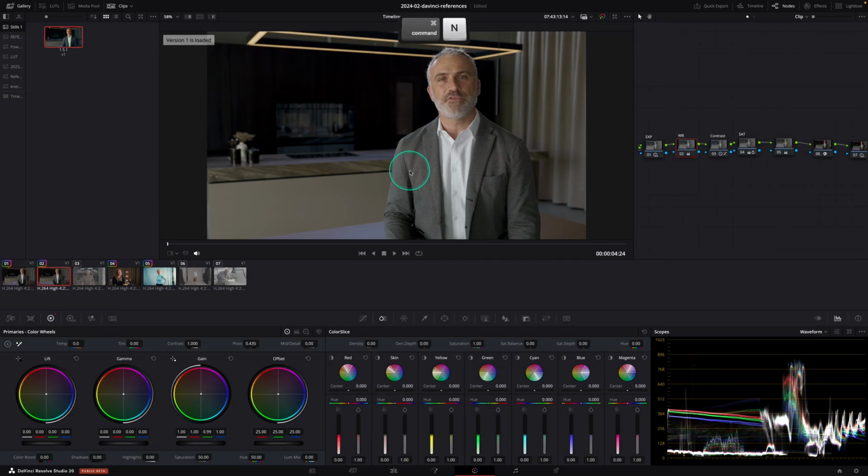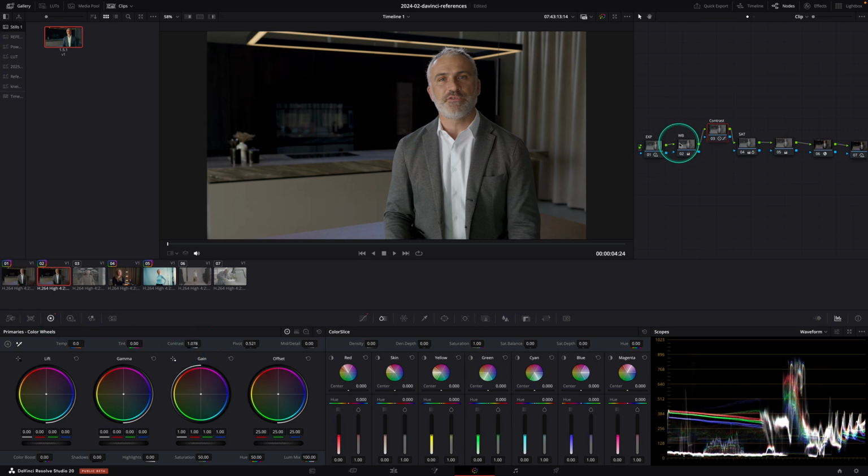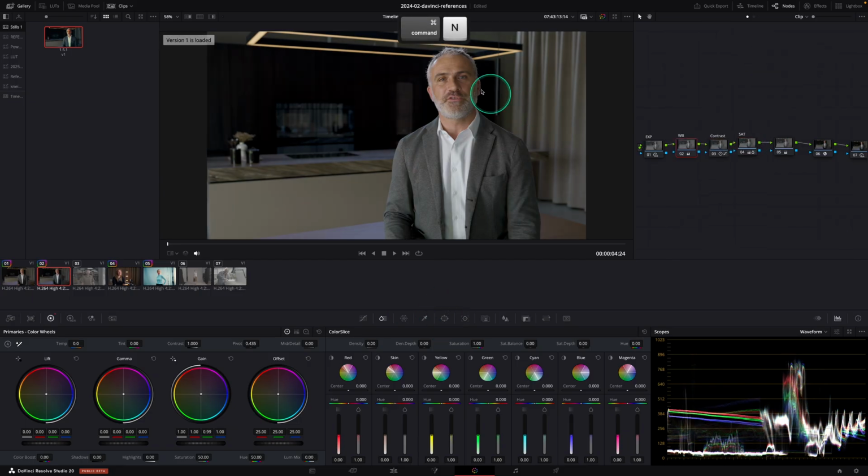So something I like to do if I'm not sure if my grade is any good, I just create a new version and then I start making changes. So let's do that right now. Let's increase the contrast. Let me adjust the white balance a bit like this. Maybe we add some saturation. And now if we switch back to version 1, we can actually see if that's just a weird change or